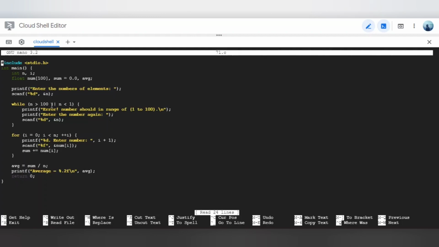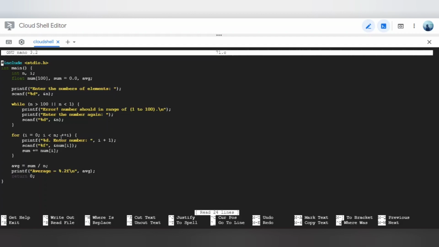Then if the value entered by the user is less than 1 or greater than 100, then the user is asked to enter the value again, which is done using the while loop. Then we iterate the for loop from i equals 0 to i less than n.